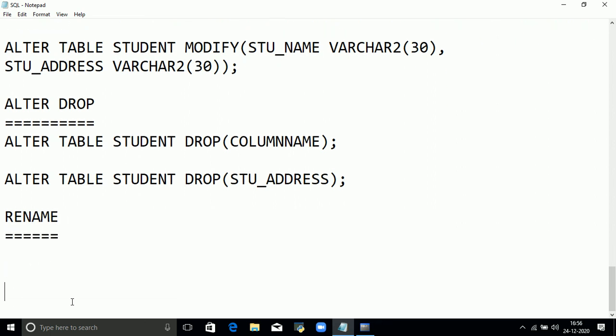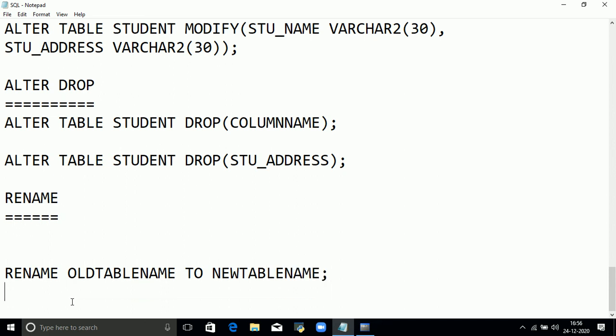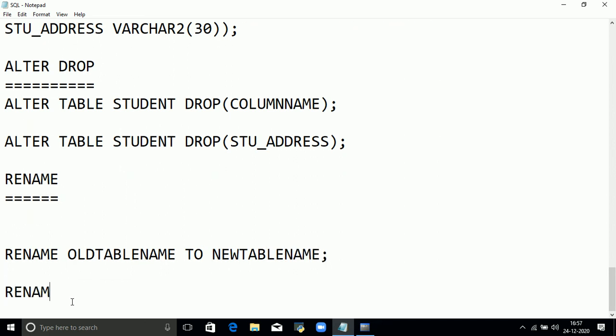The next one is the rename command. The rename command is used to rename an existing table, from the old table name to the new table name. What is my syntax? Rename student to student1.